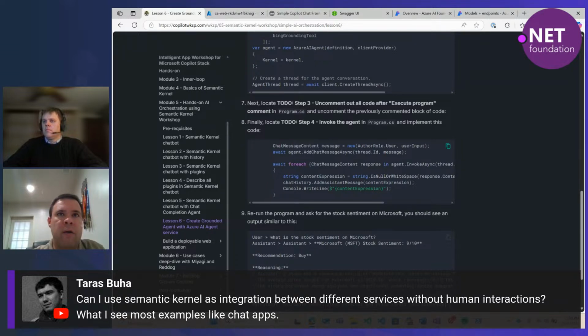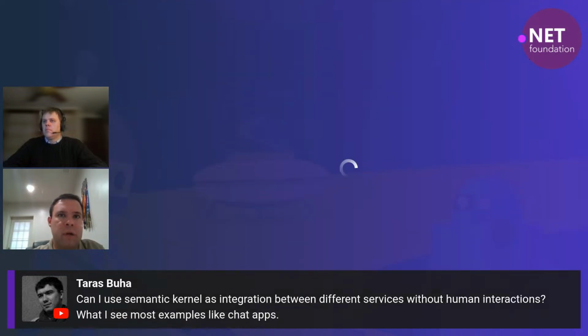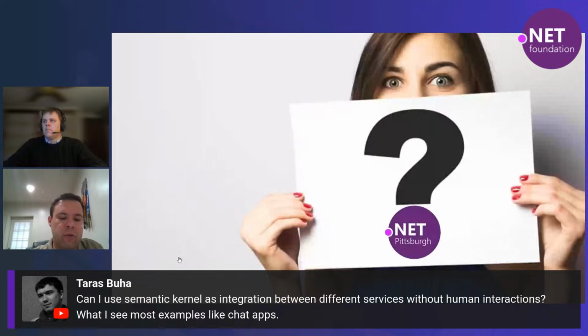So we don't have an example where it's actually going across for human interaction. It turns out there is a GitHub issue where this was requested, and the last update is that it doesn't look like it made it to the last release, but it is in the works. So it will let you add that human interaction as well.